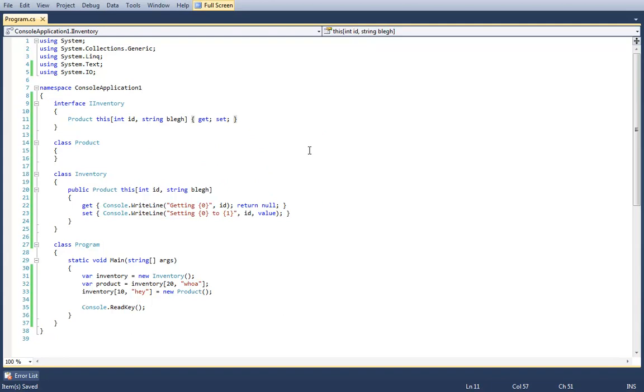Is any of the syntax confusing? I hope it's a blessed relief after the equality operators. Because it's one of those remember it rather than understand it. It's very conceptually straightforward. You've just got to remember what the syntax is. Right. And it's just a property with the name of this, followed by a parameter list. That's it. And you can access those parameters from within the getter and the setter of the property. That really is it.